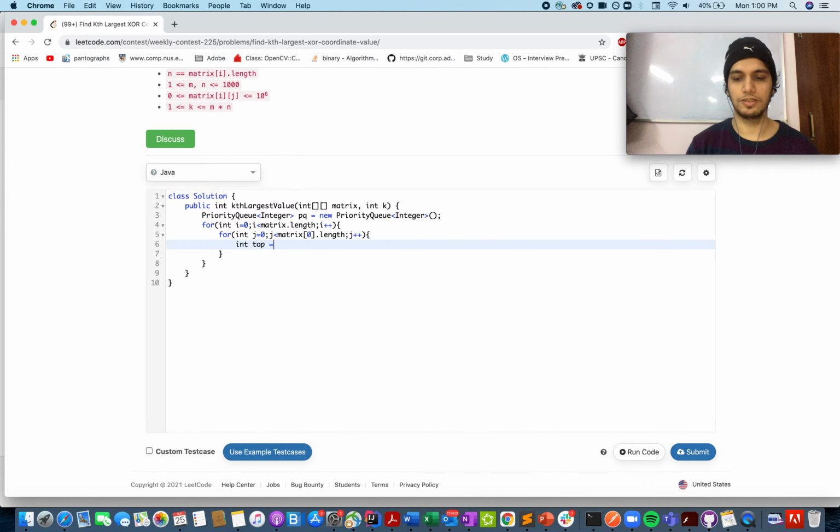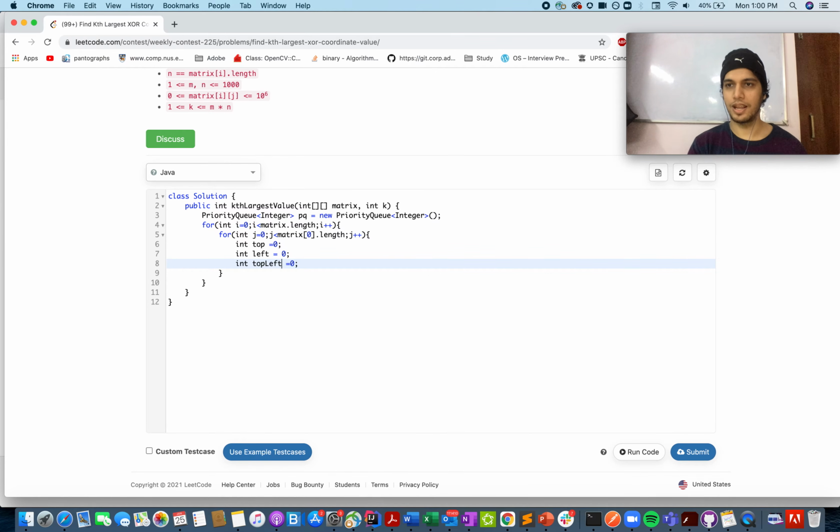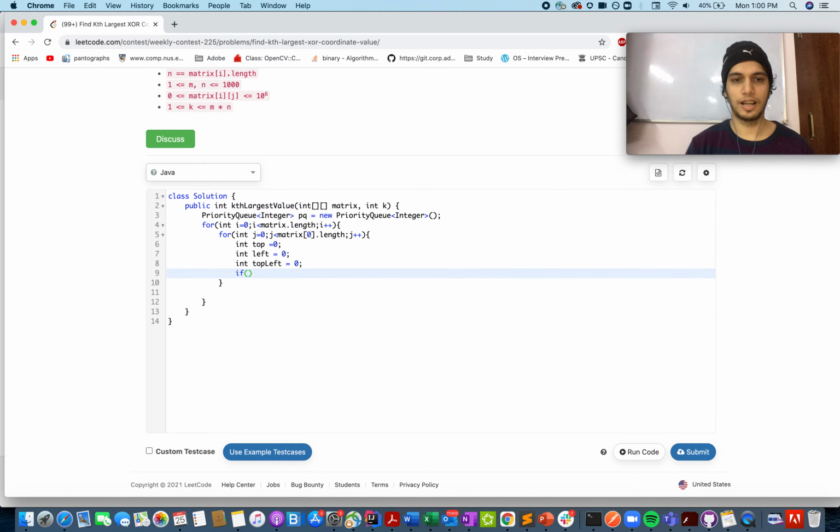Top equals 0, integer left equals 0, integer top left equals 0. XOR of any element with 0 doesn't have any impact on that element, hence we are assigning default values as 0.